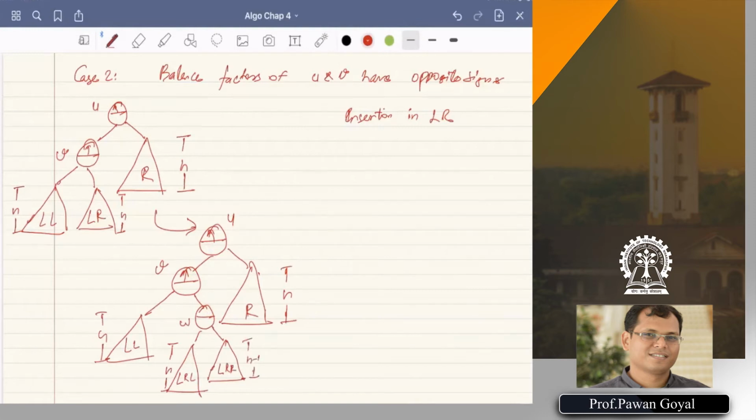Okay, and now let's put the balance factor. So W will be left tilted, and V, with H and H plus 1, will be right tilted, and U will be minus 2. Okay, now this is the situation after insertion.